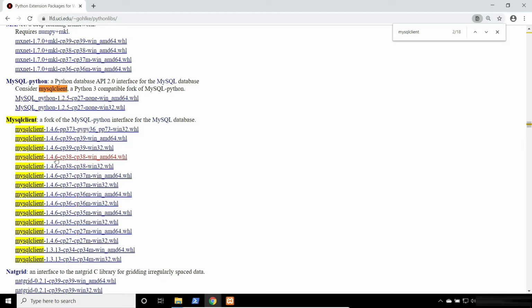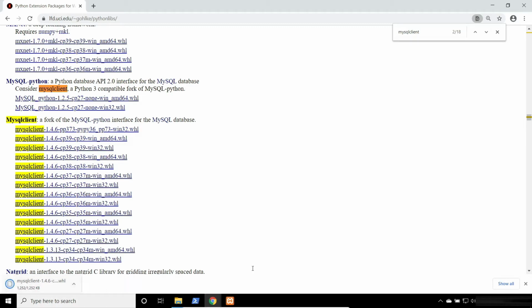You need to install mysqlclient cp38 for Python 3.8, and for Python 3.9 you need to install cp39. So depending upon your Python version, you need to install this WHL file. I'll be downloading this mysqlclient cp38. If you click this, it will download one file here.